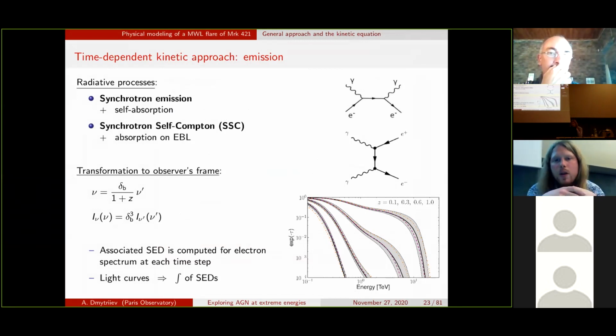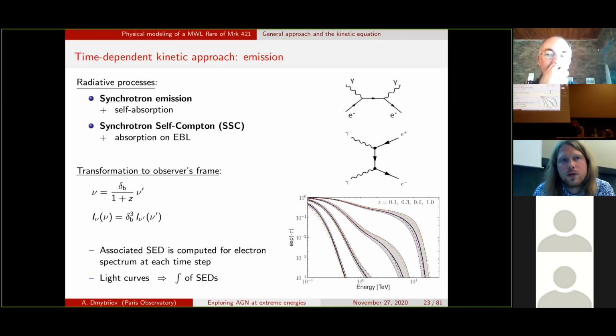So like slicing the blob, so that the size of the emitting region is around 10 to 16 centimeters, part of the emission will arrive earlier than the center, from the closest point, and the furthest point with the delay. But the overall widening of the light curve due to that was not really significant, because the variability is proceeding at 1 week scale, while this kind of effect is a delay of a few hours. We have 1 day resolution in the light curves, so at the end I concluded it was not worth